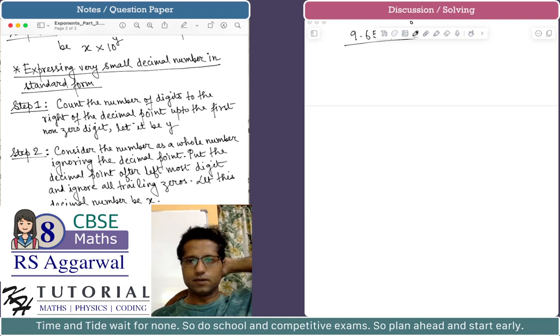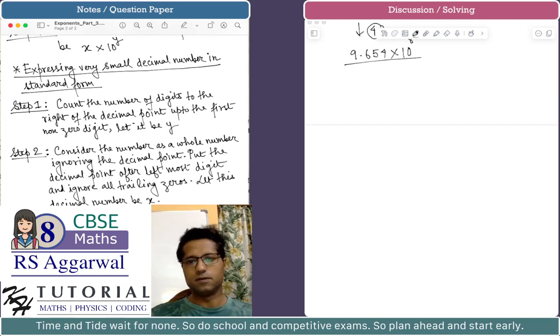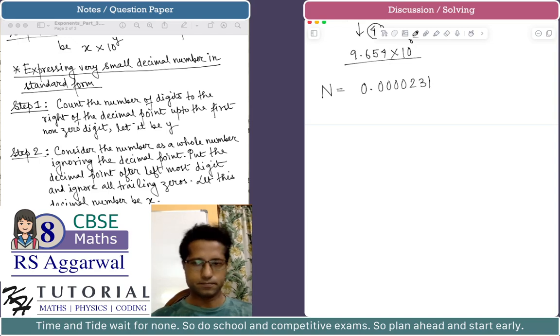So what is step 1? Let's take an example. Let's say the very small number is 0.0000231. So I have this very small number. How do I express it in standard form? So step 1,